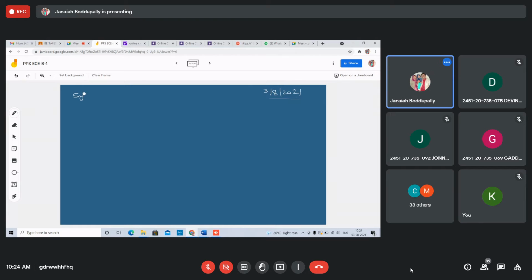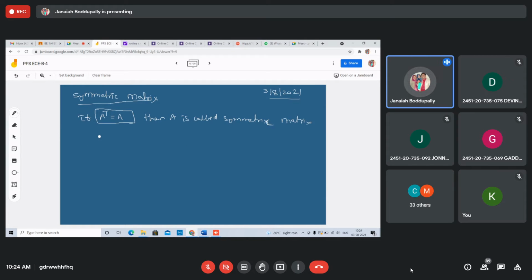Symmetric matrix. Suppose if A transpose equal to A, then A is called a symmetric matrix.